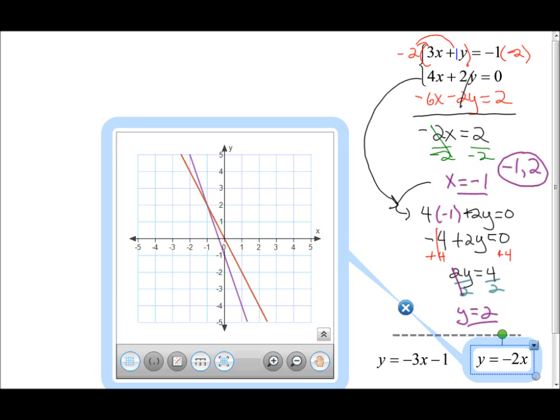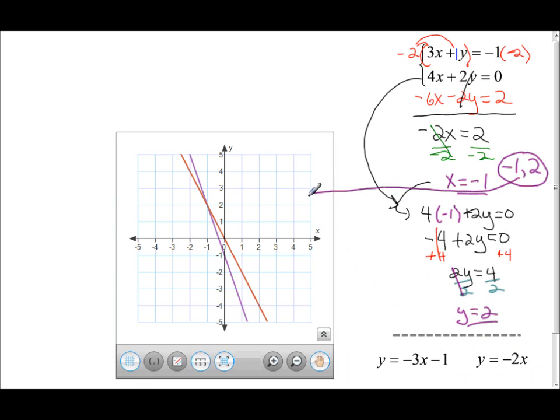But in fact, it's pretty obvious to see that the point of intersection is negative 1 comma